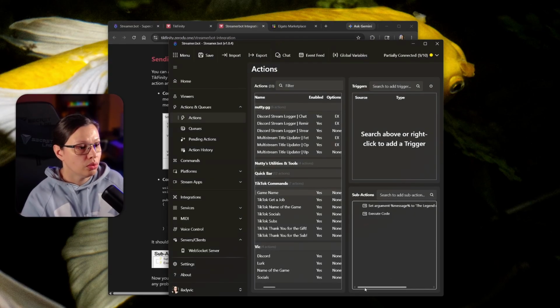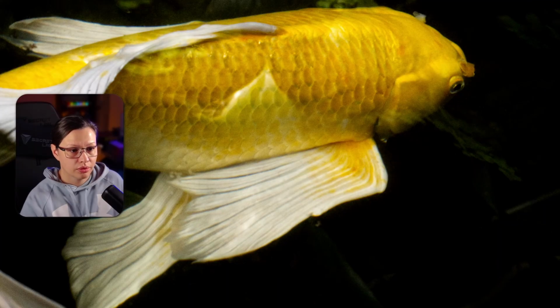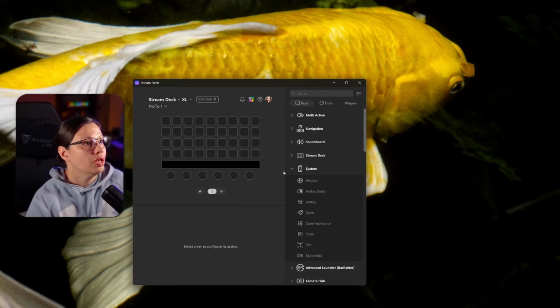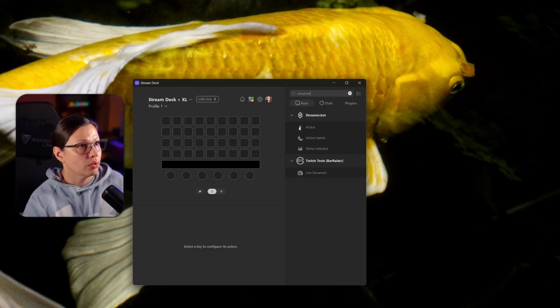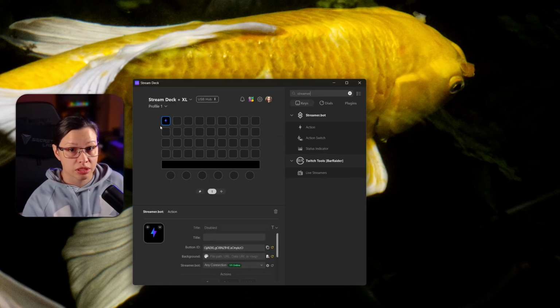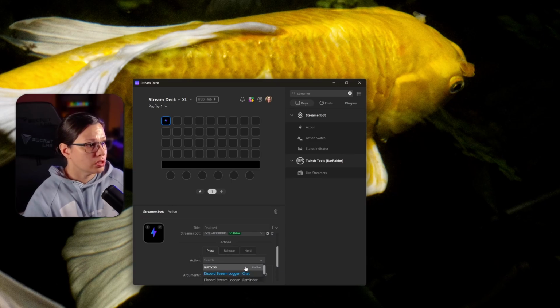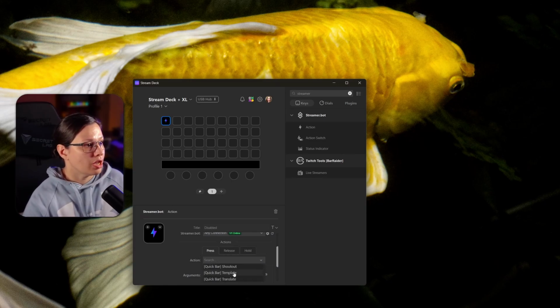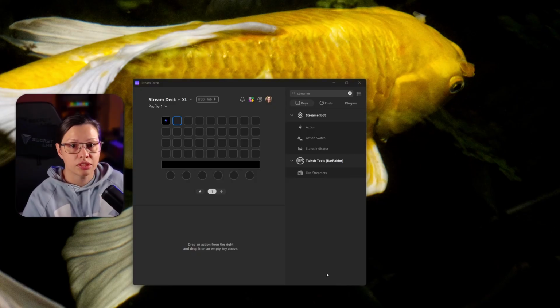So now we are gonna actually go to Stream Deck. And we're gonna look for Streamer.bot. We're gonna look for action because this is an action that we just created. And we're gonna search. So it'll tell you all of the ones that I have here. I kind of wish this was a little bit bigger just so that way we could scroll. But you see where it says game name under TikTok? That's gonna be it. And then once you go live, because you have to be live in TikFinity,